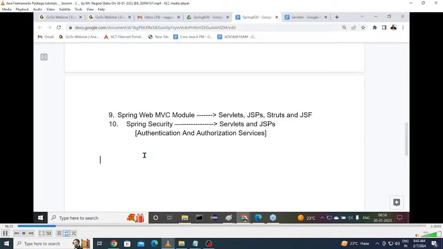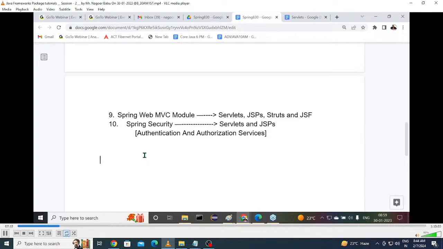More clearly, I'm telling you now, at the time of announcing these batches also, whether you recognize it or not, I did not announce the batch only with Spring Boot microservices. I announced the batch with Spring, Spring Boot, and microservices. So Spring is also a course. Then after that, Spring Boot. The next one is microservices. For your better understanding and complete clarity, first we have to understand the total Spring framework. Of course, still some companies are using the Spring framework before Spring Boot. Without Spring Boot, only the Spring framework is also going on.